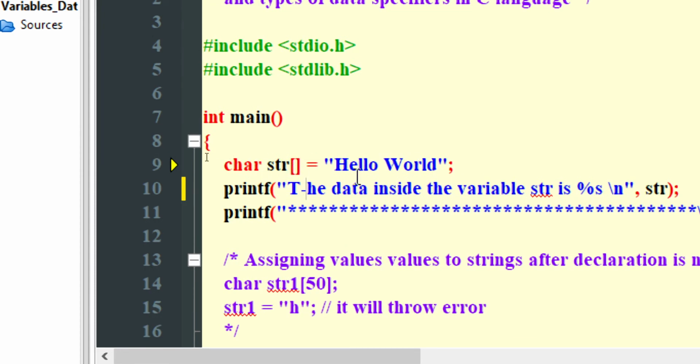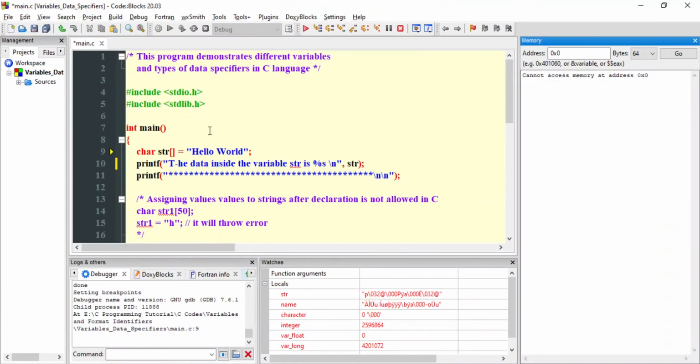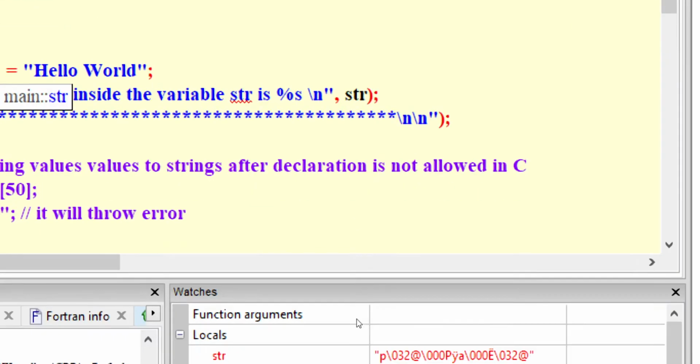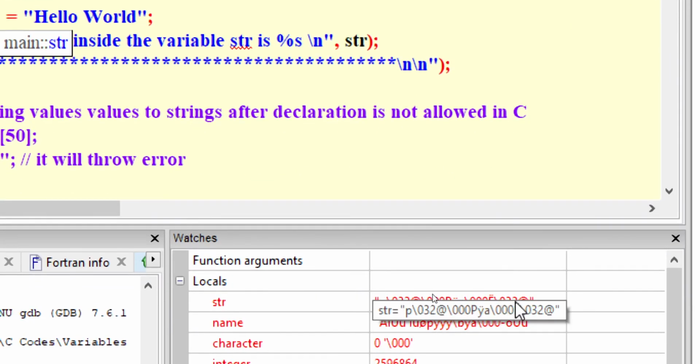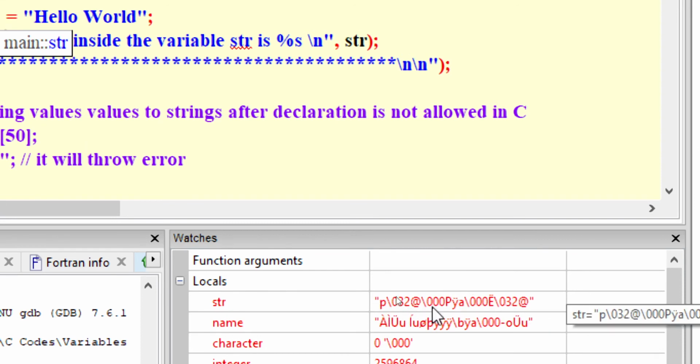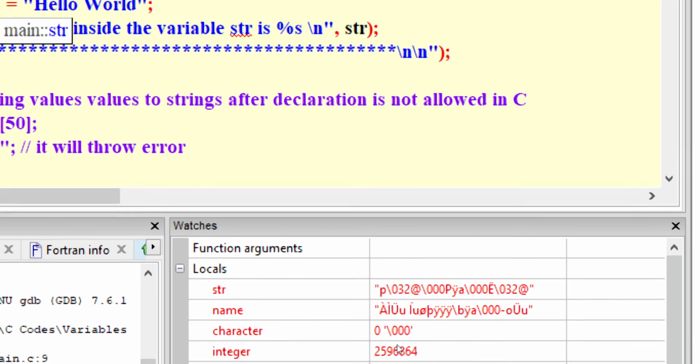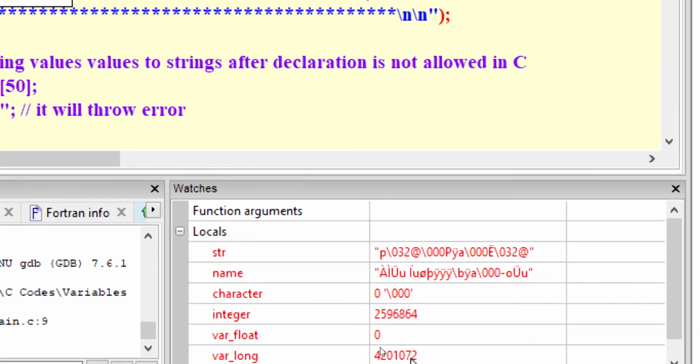Let us see what str is storing. Right now you can see at the bottom that str does not have any particular data. It is all garbage. This is what we say: C variables always contain garbage values. Therefore, we should initialize the value of a variable. Right now, all these variables contain some garbage values allotted by the compiler itself.